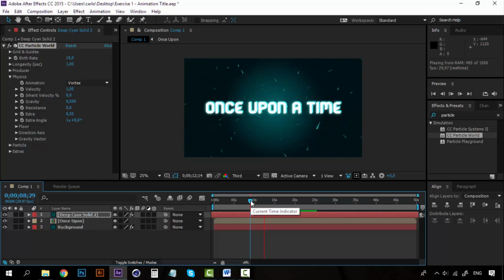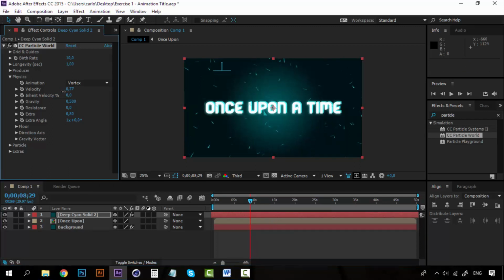They look really fine, but they are too fast, so we need to decrease the velocity to 0.2, and let's see how that looks. Okay, they are slower now,